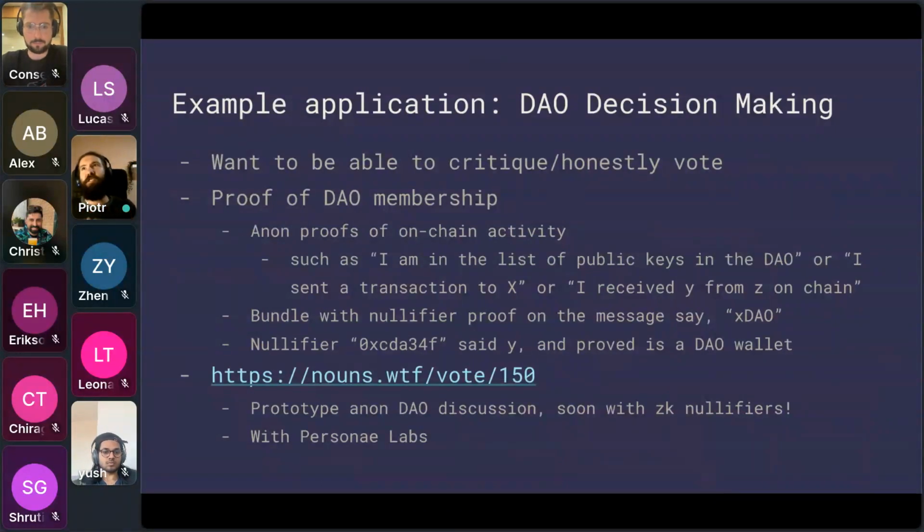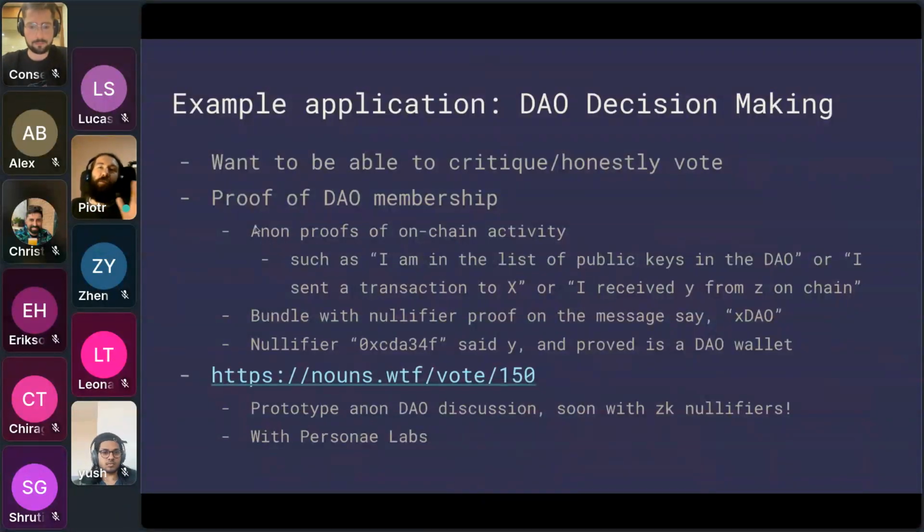Let's imagine you implement what is essentially a voting scheme for your DAO. It would be interesting to have a proof of DAO membership, and for many different reasons that Ayush already explained, this is technically tricky. But let's imagine we're going to solve some of those technical issues with our nullifier snap.